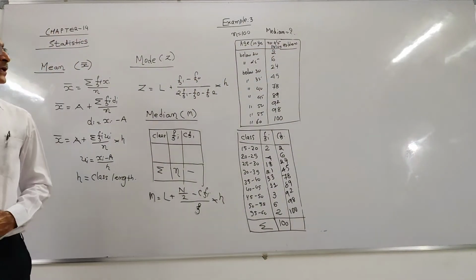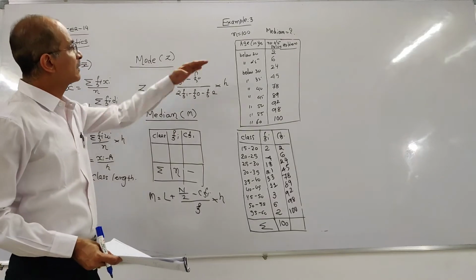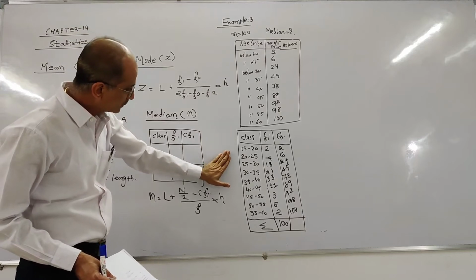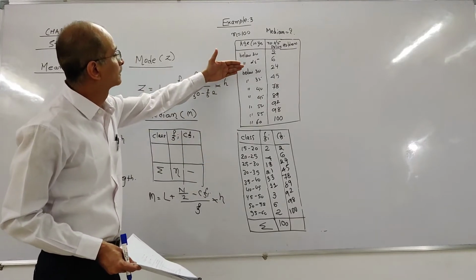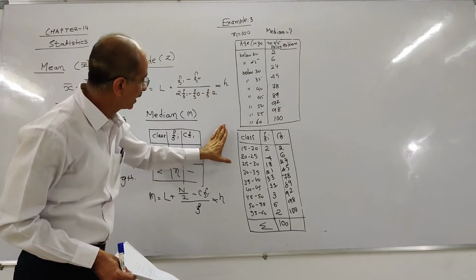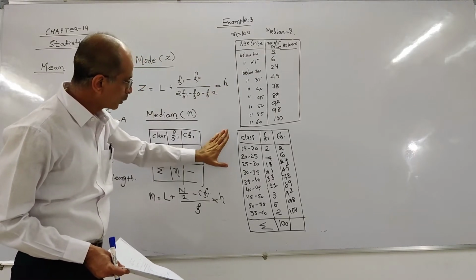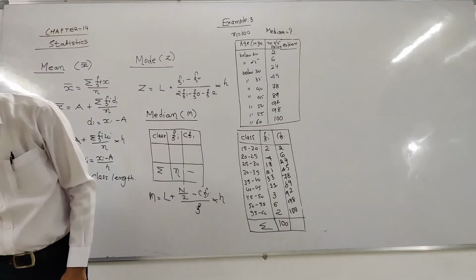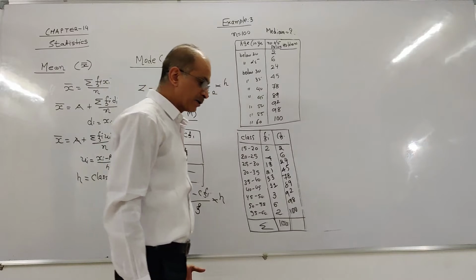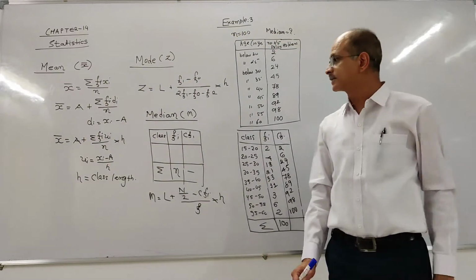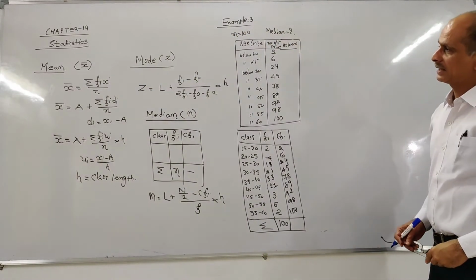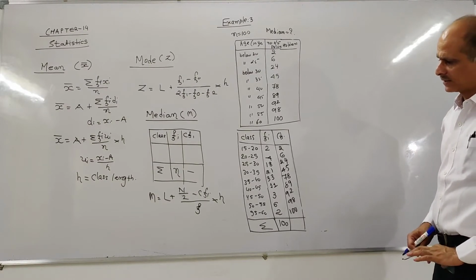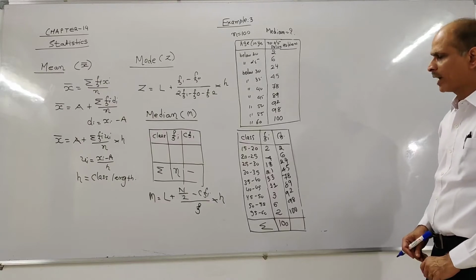Direct groups are not given to you. Less than frequency distribution is given to you. Then you have to find out the normal frequency distribution. So from less than frequency distribution, first of all we have prepared the general or common frequency distribution. Now you can easily find out the value of median by using the formula, that is L plus n by 2 minus CFI upon F into H.